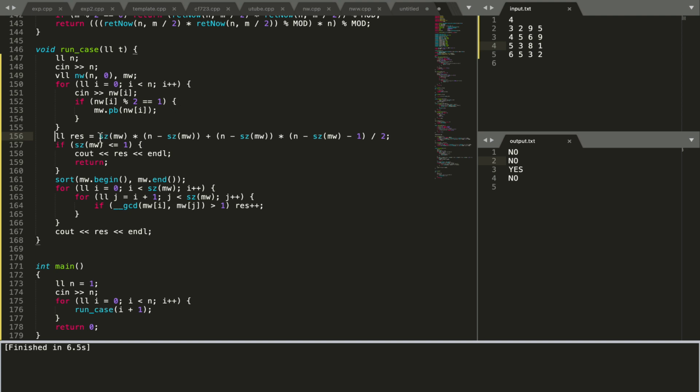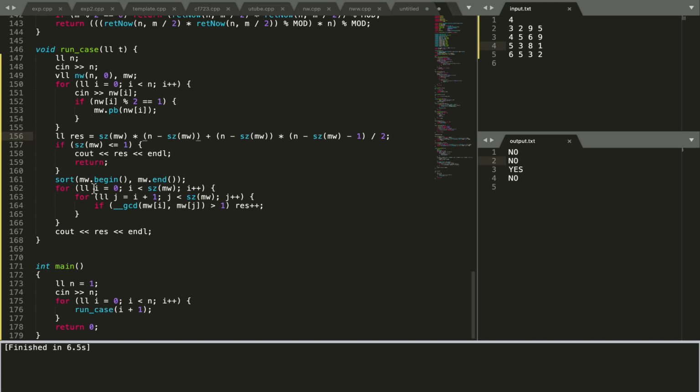Among them the total number will be the number of even elements choose 2, that is, combinations of 2 from all the even elements, which is given by this formula. And for even and odd pairs, we can just multiply the number of evens and the number of odds.